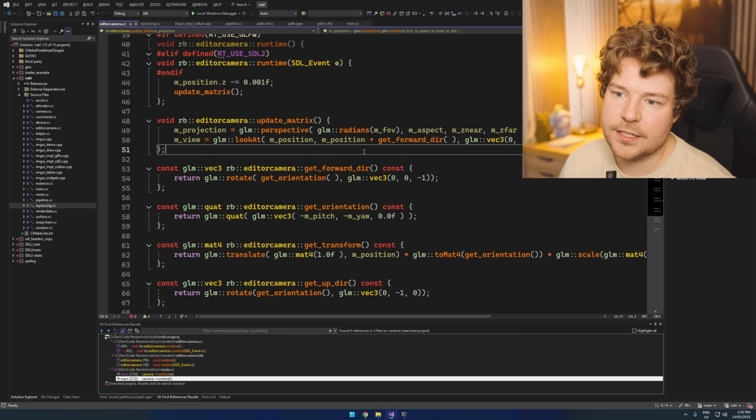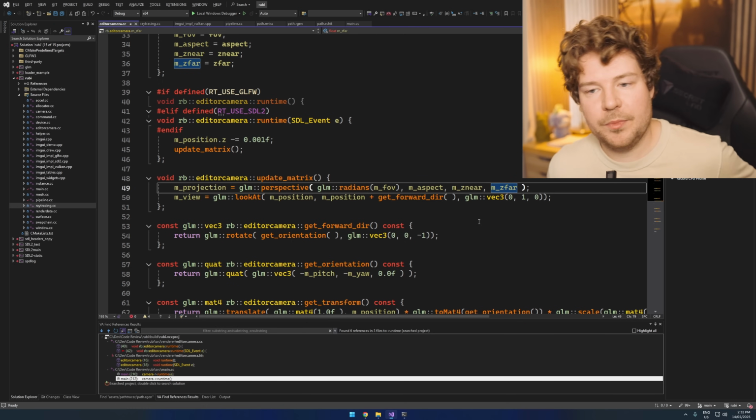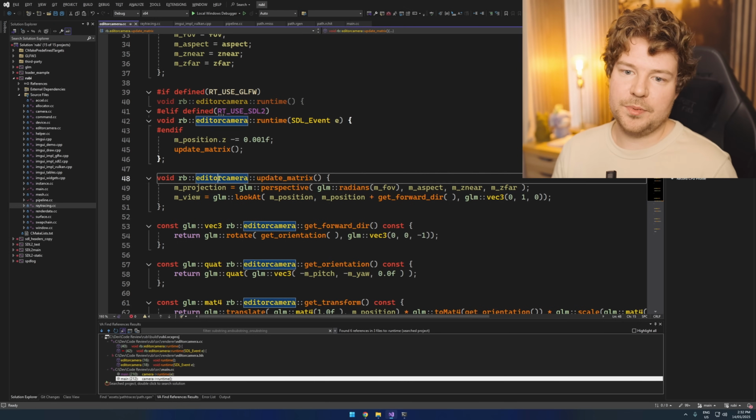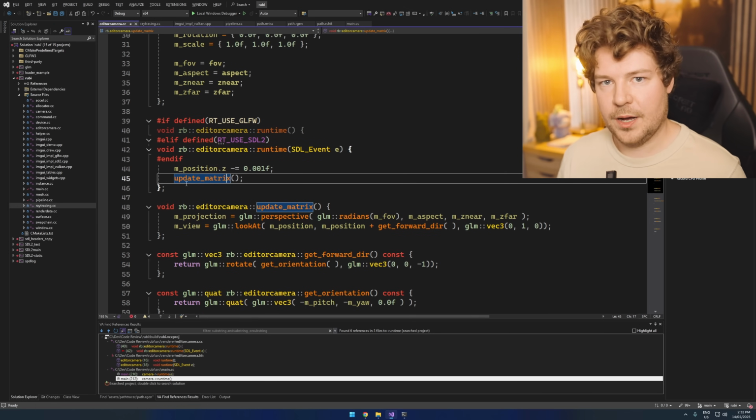So projection, unless the field of view, the aspect ratio, so the window resizing or whatever, or the near and far clipping planes change, you don't need to recalculate this. So I would almost split this up to be like update view or recalculate view, and then update projection. Okay, so this is probably something that comes up fairly often, I think, where people just don't know exactly